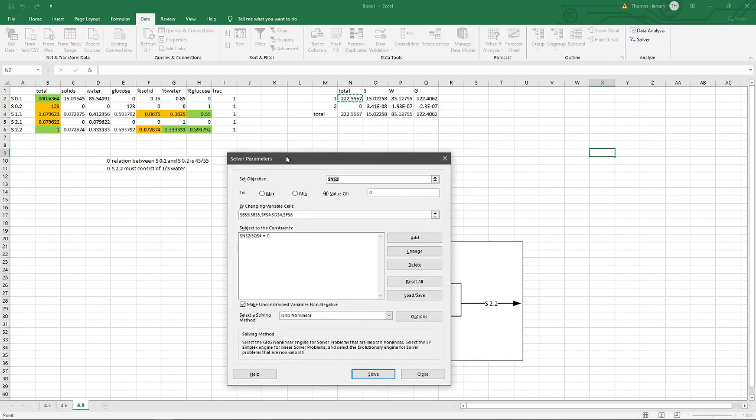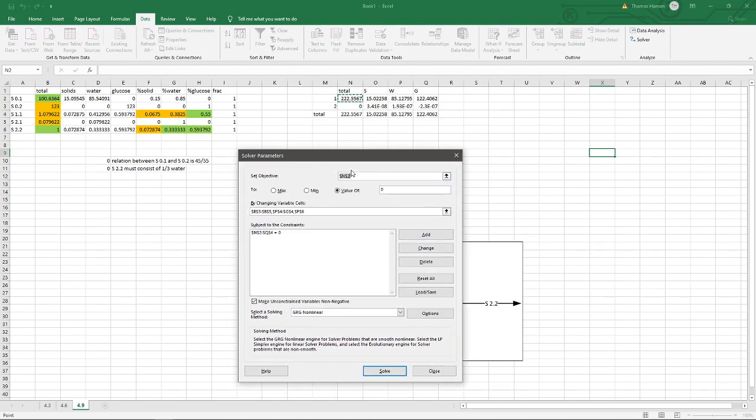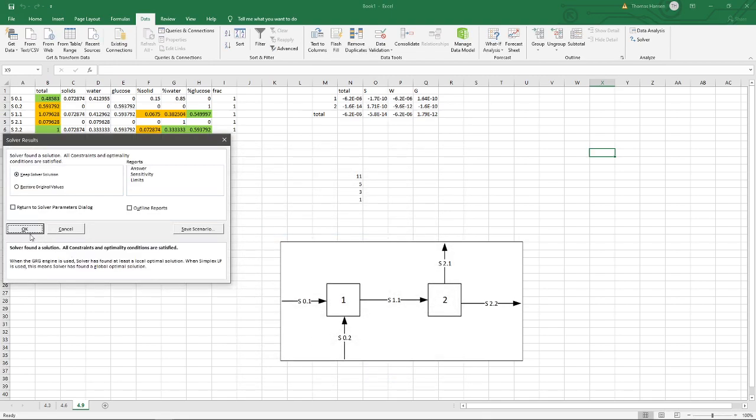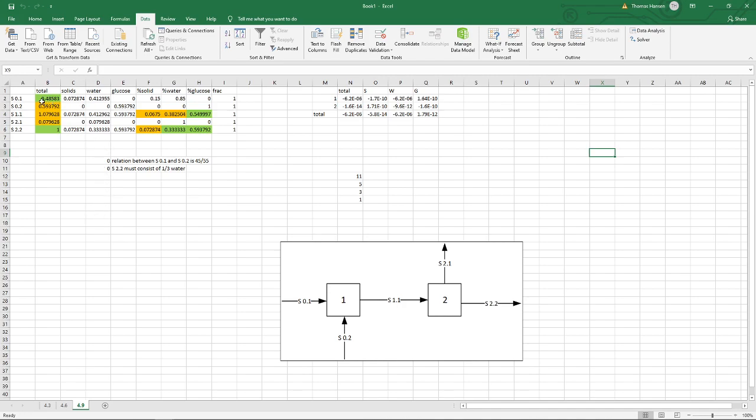There we go. Yeah, so the problem is you can actually only set the objective of one cell in Excel. So I have put in N2 is equal to 0, and I know I'm repeating myself down here. That actually shouldn't be a problem, though it sometimes is. All students look away. Hey, you can look back. Excel solved it. So it's the exact same equations, I've just put them into Excel in a different way, where the main reason I do it, where I write them down here, is it's much easier to keep track of what you're doing,